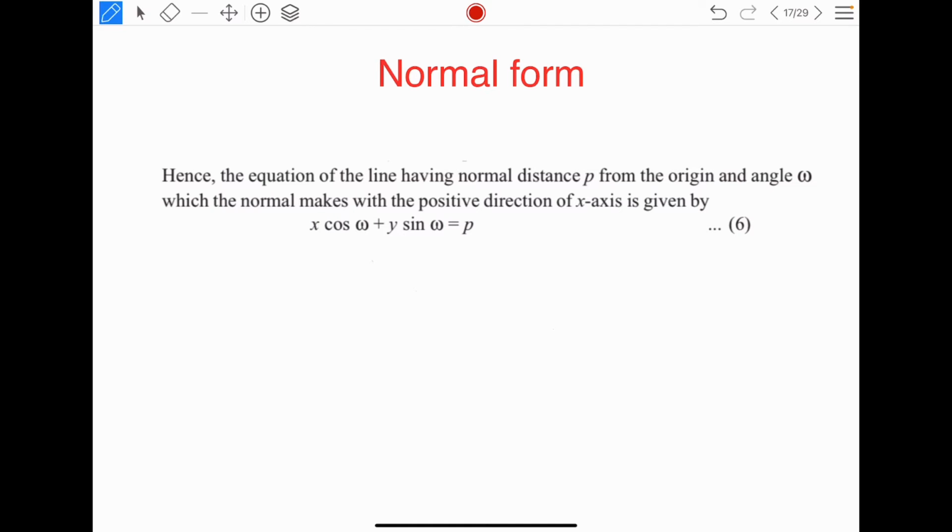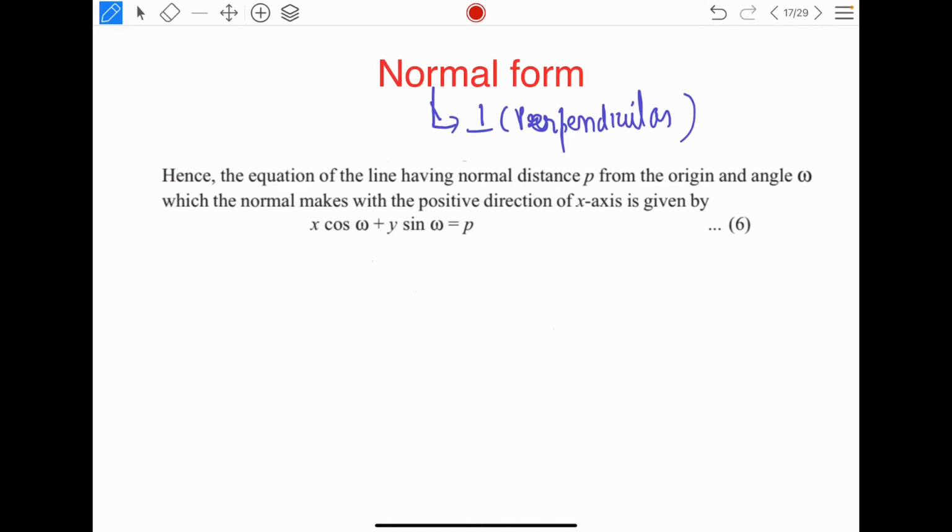Now whenever we talk about the normal form of equation of line, normal is always a perpendicular. Normal is always a perpendicular. So whenever we are writing the equation in normal form, that means in the form of a perpendicular, let's